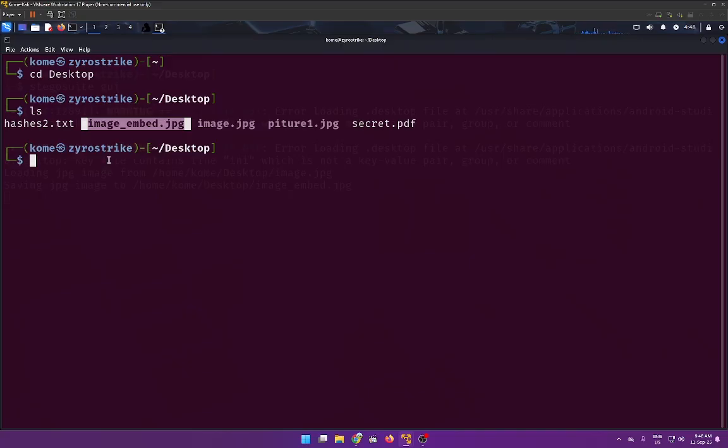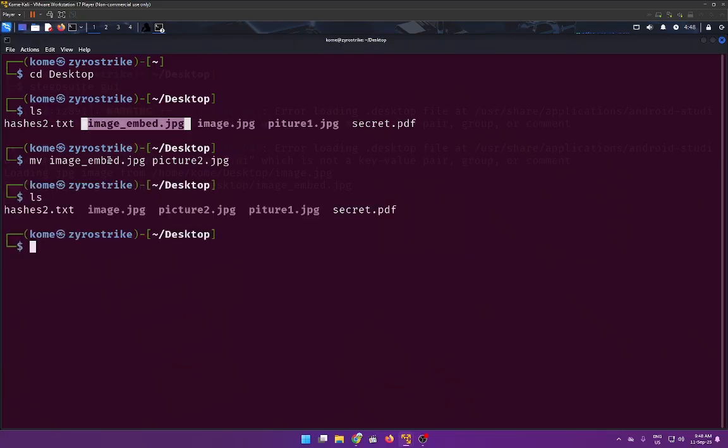Let's just rename this as picture2: mv image_embed.jpg to picture2.jpg. Hit enter, ls, and we have picture2.jpg. So I'm going to clear this,